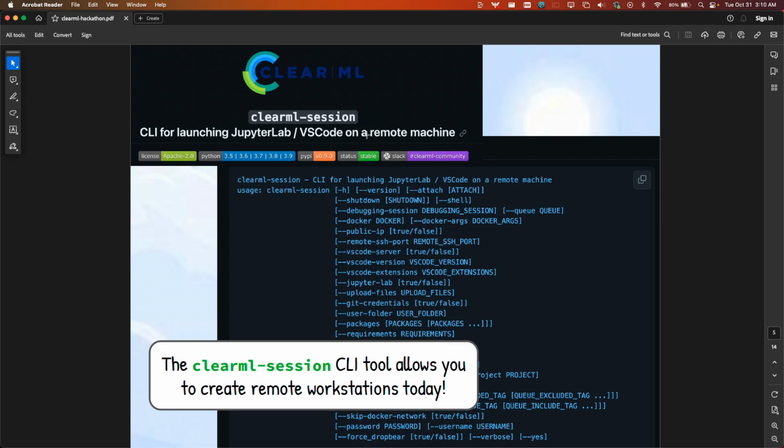up remote workstations. I will explain more about how this works in a bit, but suffice it to say that you can see here that there's a lot of different arguments or settings that you can pass to the ClearML Session CLI tool that help you configure the perfect remote workstation for whatever you're trying to do. And one of the things you might notice about a tool that has so many configuration options is that it's a bit complex. It has kind of a learning curve, and it took me a few days to successfully get